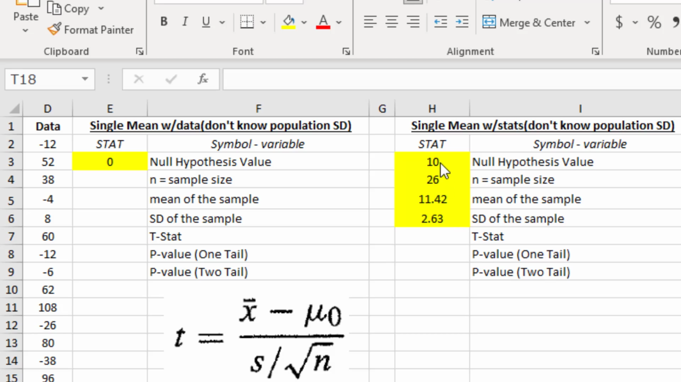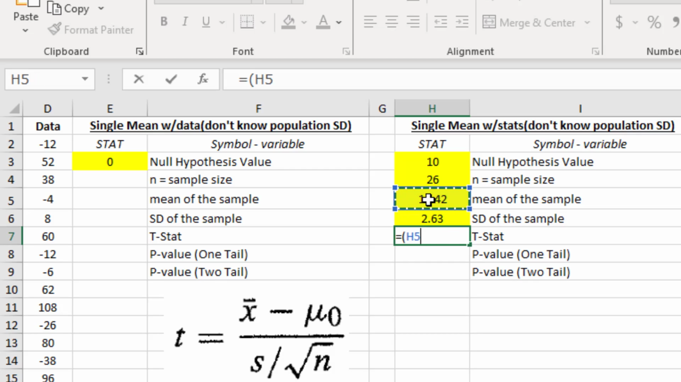need, right? So every time we redo this, we just replace whatever's in the yellow, and then these three are going to repopulate with the correct answer each time. All we have to do is calculate this formula as our t statistic, and you can see it's just the mean minus the hypothesized, the null hypothesized value. So it's going to equal, and as always, when we're doing fractions, we have to put parentheses around the top for order of operations. So it's going to equal the mean minus the null value, close the parentheses, divide by,